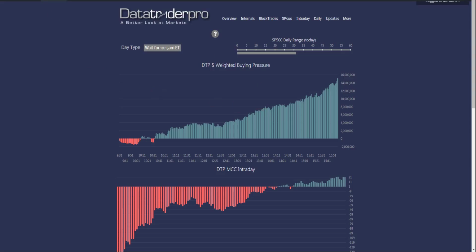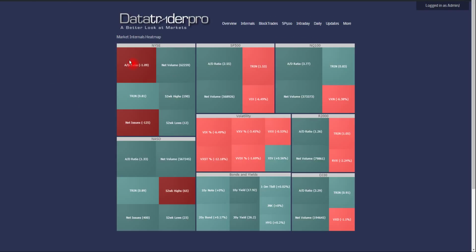I'd like to illustrate some of that by showing the market map, which shows the internals, the bigger picture. We actually rallied hard on flat to negative advance-decline on the NYSE. It was slightly positive by the end of the day on NASDAQ, and the S&P 500 ended positive. Usually when they rally on very few stocks, and there are thousands of stocks in both the NYSE and NASDAQ indexes,